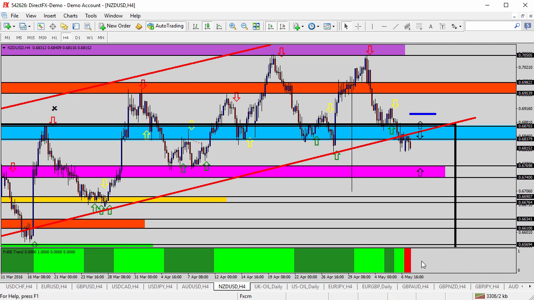Interestingly enough, again, the Forex Black Book has now turned red, giving us a bearish bias once again for the